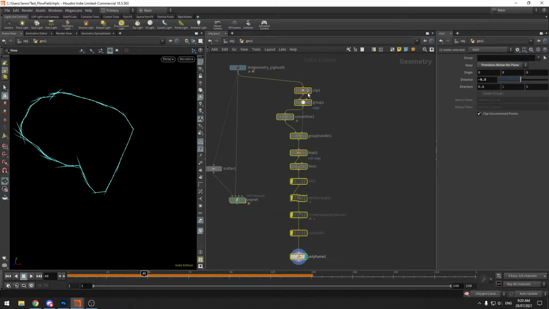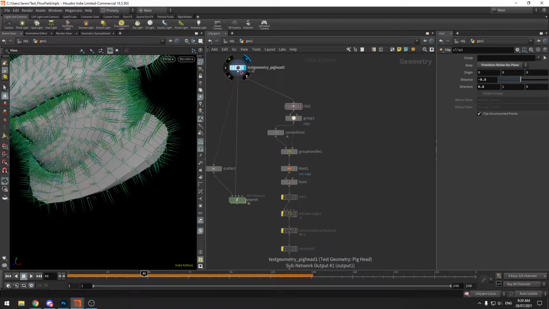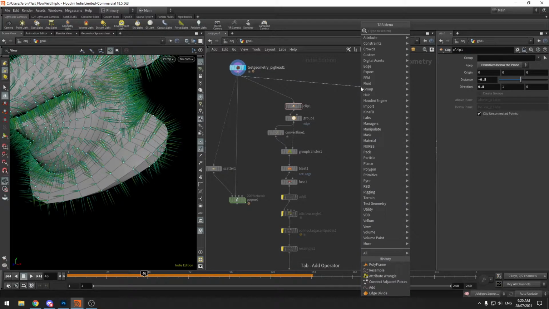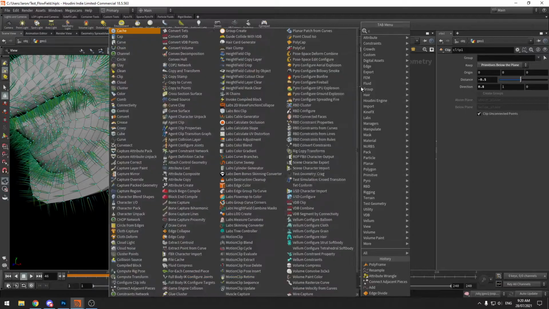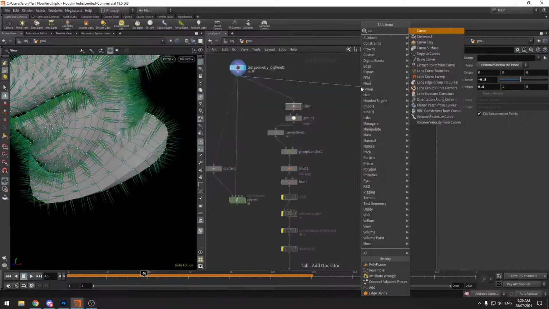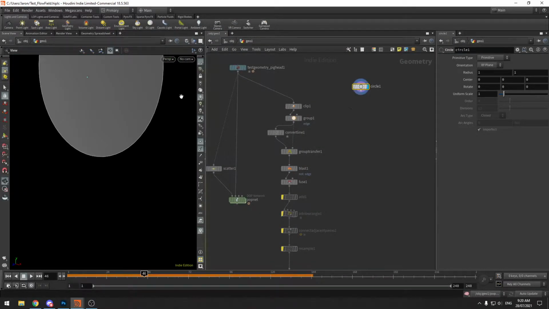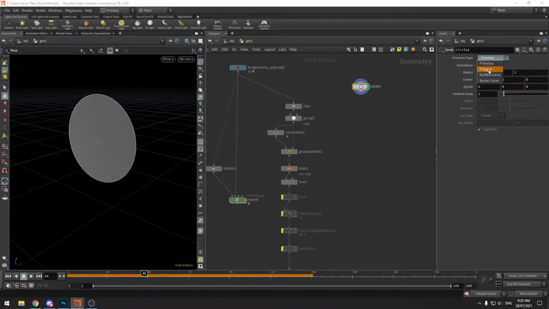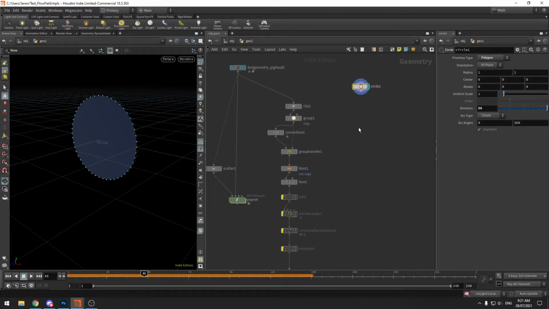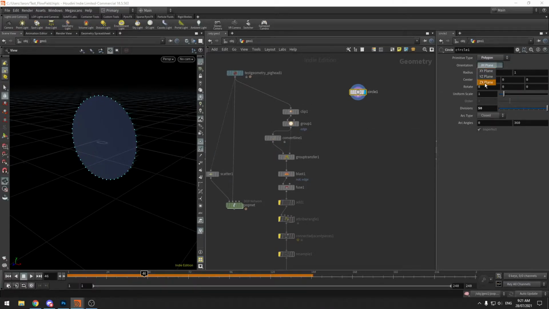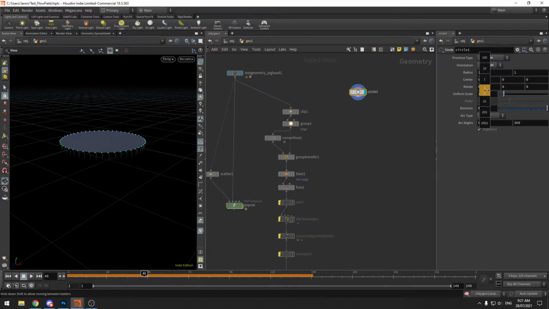Another thing you could do instead of this is use like, what am I looking for? I'm looking for, it's not a curve, it's a circle. Thank you. And the circle, I'm going to set it to a polygon. I'm going to increase the subdivisions here. I'm going to set it to ZX plane. I'm just going to rotate it a little around the X and a little around the Z. Like